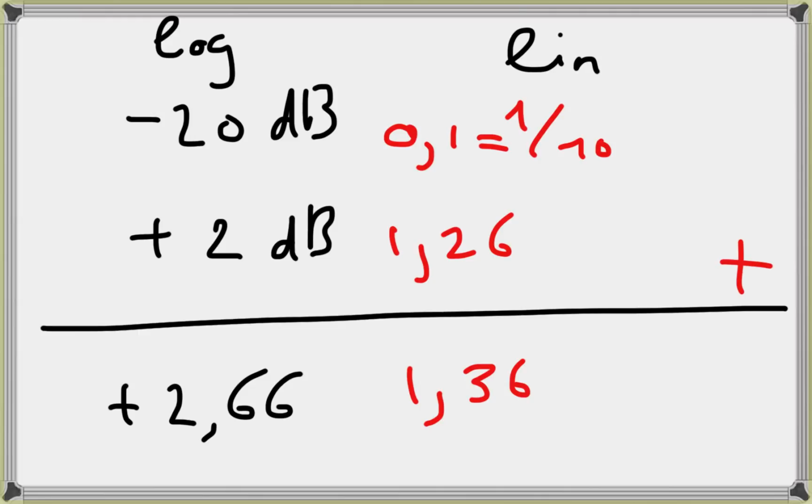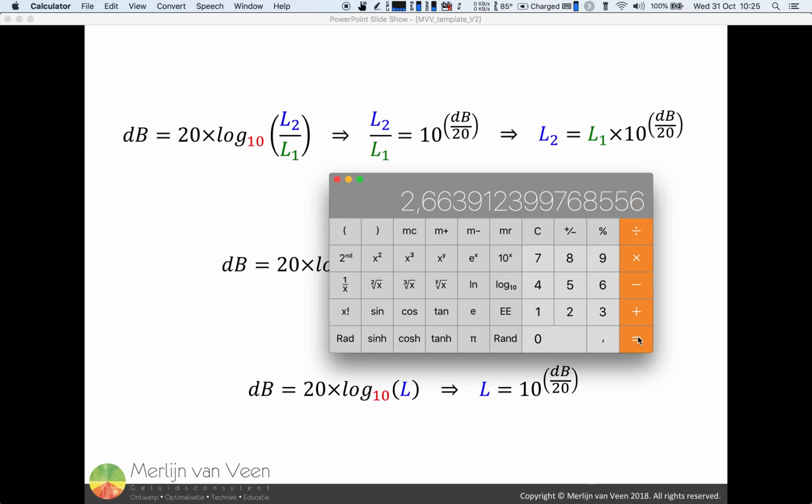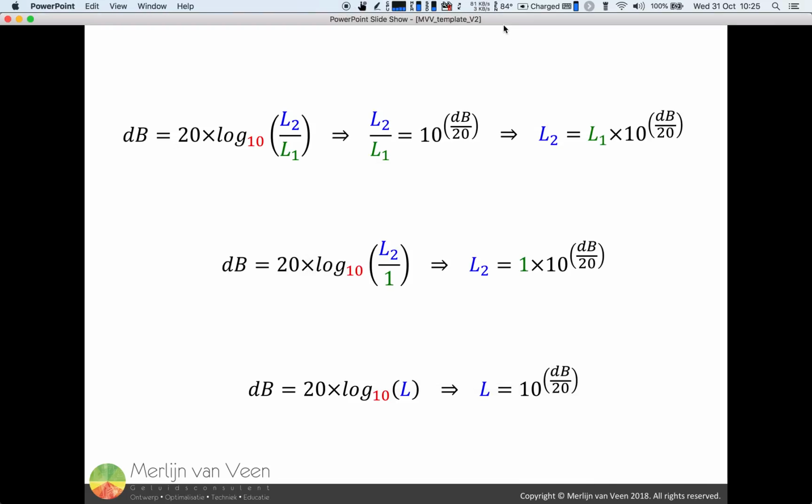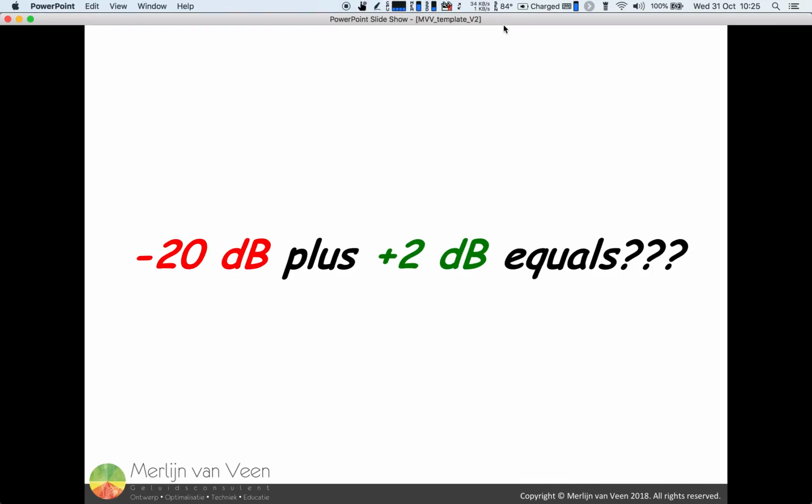So this is the outcome according to the formal way using a calculator, which is a cumbersome process. It's not rocket science, it's a cumbersome process, and it remains to be seen, is this degree of accuracy called for in live sound reinforcement, or can we do a reasonable guesstimate and still feel comfortable about the outcome? That is the thing that I would like to discuss now from here on, because minus